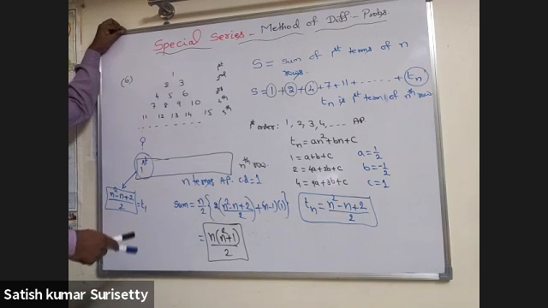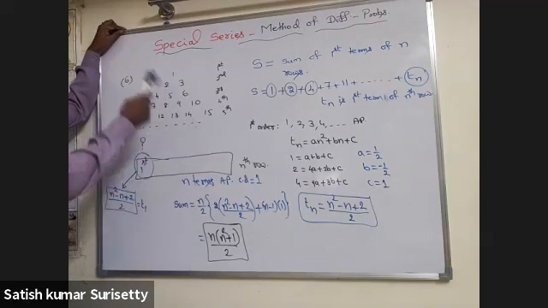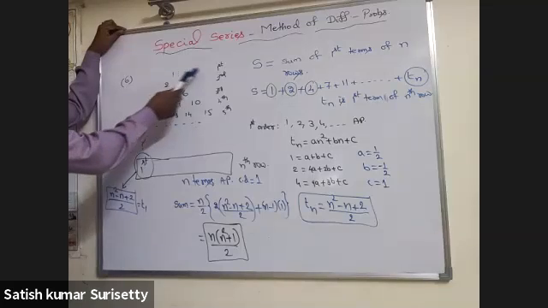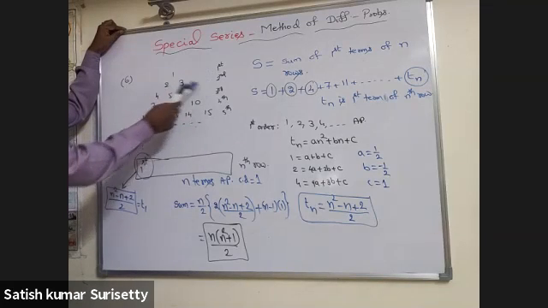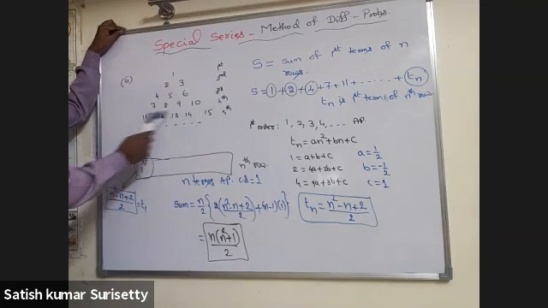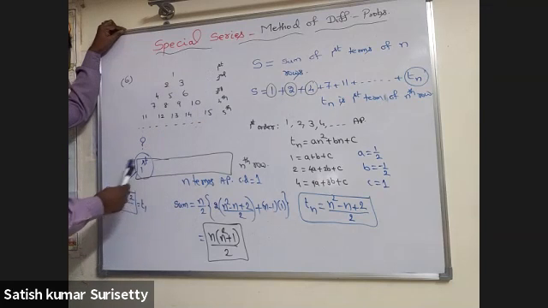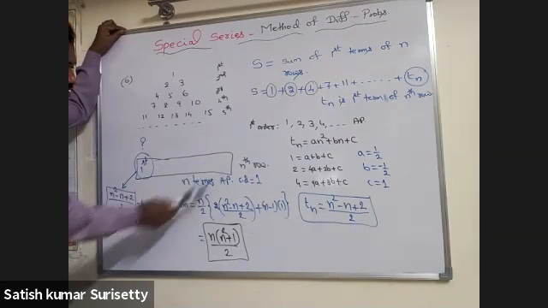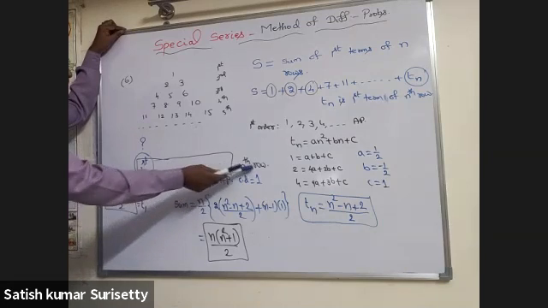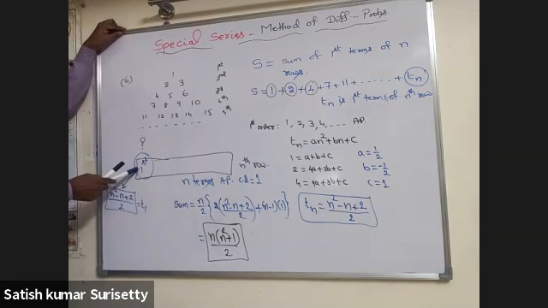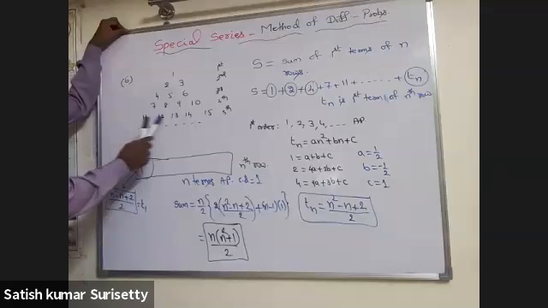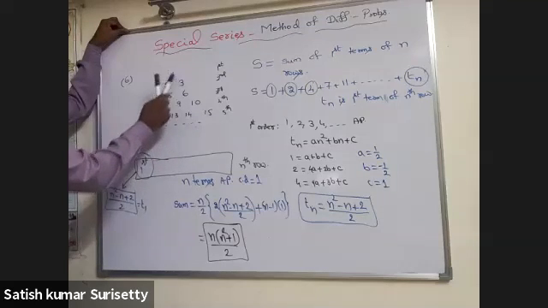So here the natural numbers are arranged in the form of a triangle. The first row contains only one term, the second row contains two terms, the third row contains three terms and so on. So we need to calculate the sum of terms in the nth row. If you observe, the nth row contains n terms and all the n terms are in arithmetic progression with a common difference 1.